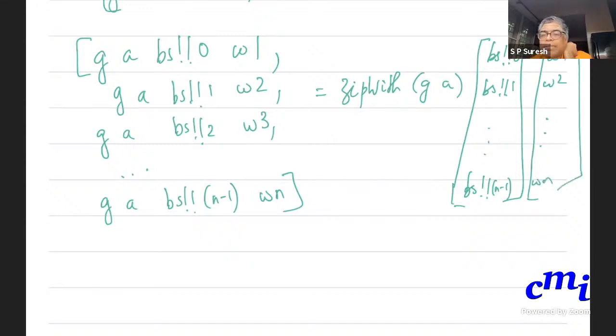Is this clear? Yes, sir, I understood. But now notice that if I'm doing zip width, the lengths can differ, right? Here the lengths are the same, but the lengths can differ. So I might as well put,